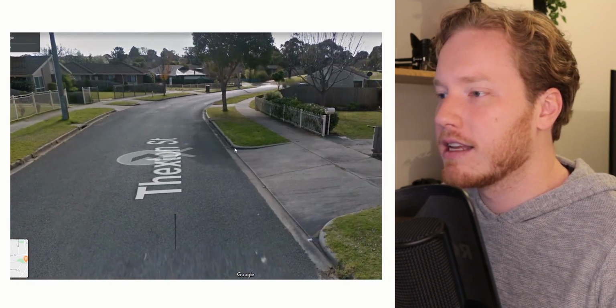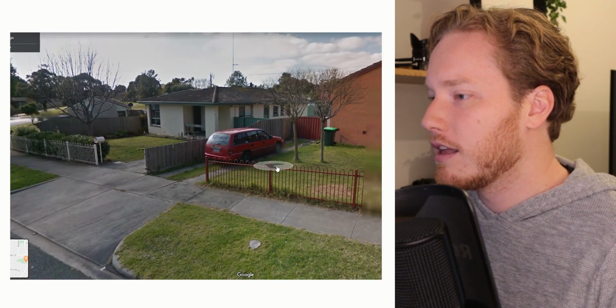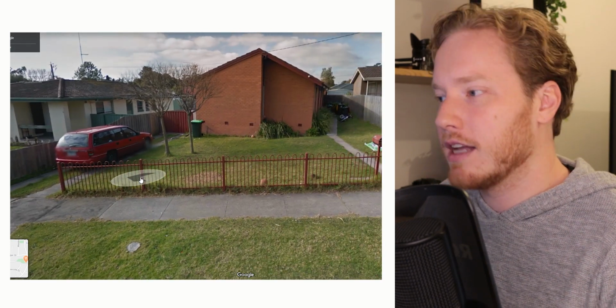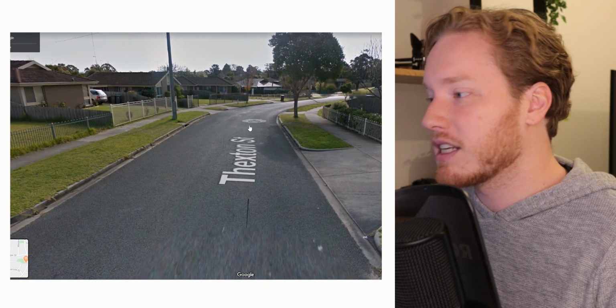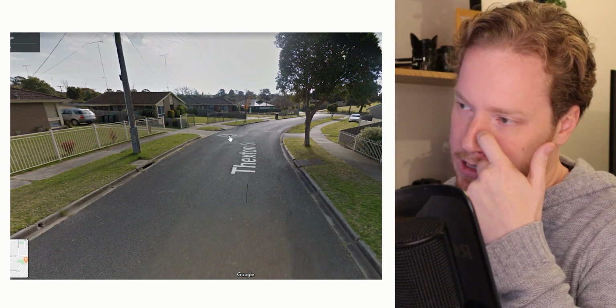Look, it's almost every second house just has heaps of extra stuff lying on the front lawn for no real reason. Look at the car. It's older. That doesn't necessarily mean it's a bad thing, but if you look around the whole area, you can get a general consensus as to what the area is like, get a better idea of the pocket, and then basically from there I would jump in the car, I would head out to the area and I would actually start doing some due